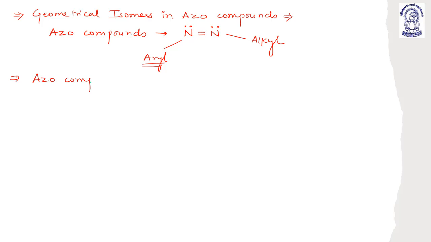Azo compounds containing aryl groups are more stable. Okay. For example,